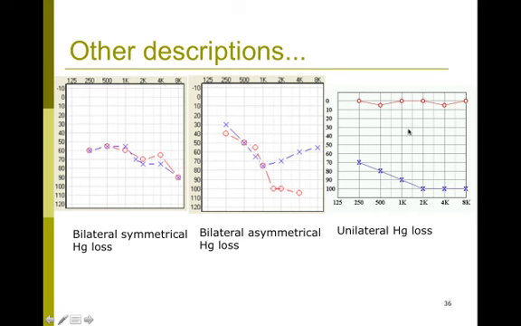The third audiogram over here is an audiogram with a unilateral hearing loss. The hearing levels are within normal limits for the right ear, but for the left ear, this person has got a severe to a profound hearing loss. Severe because the thresholds are 70 dB, sloping to around 100 dB. That would be a profound degree of hearing loss.